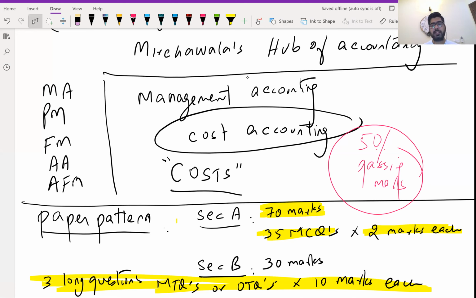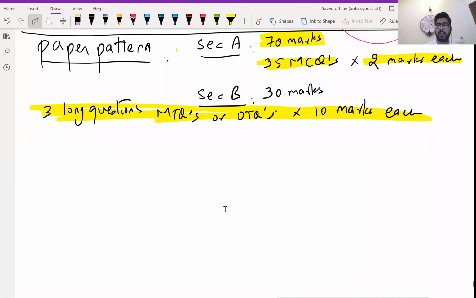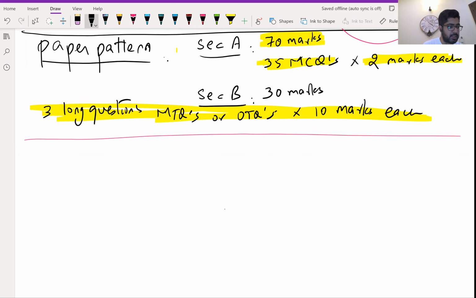Now, what I will do next, obviously before starting any course, you must know what exactly the course outline is, what you are going to study. So I will quickly jot down the course outline of this paper. Then I will explain the course content so that you know how many aspects the paper you are studying has.